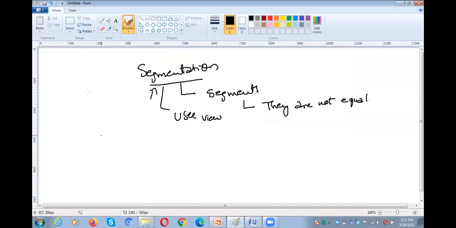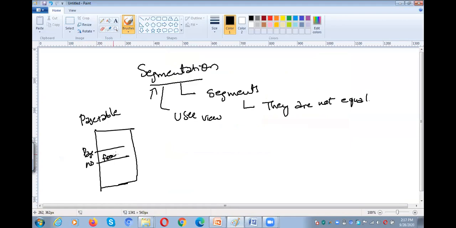And next, one more thing. In the case of the page table, it has 2 entries. What are those? The outer part is the page number and the inner part is the frame. Okay. Likewise, in the case of the segment table, the outer partition is the segment number and the inner partition is the frame. This is the segment number and this is the frame. This is the main memory. Okay.